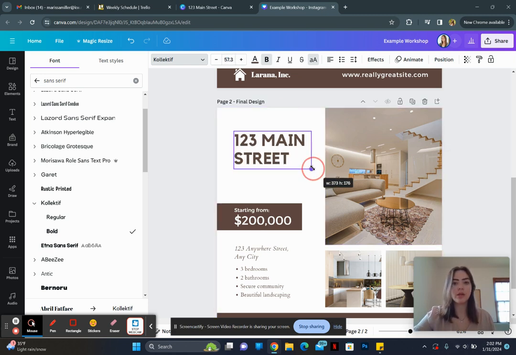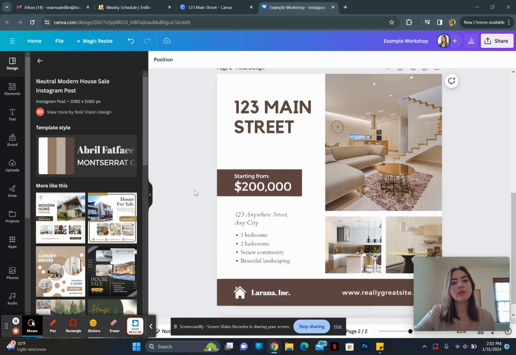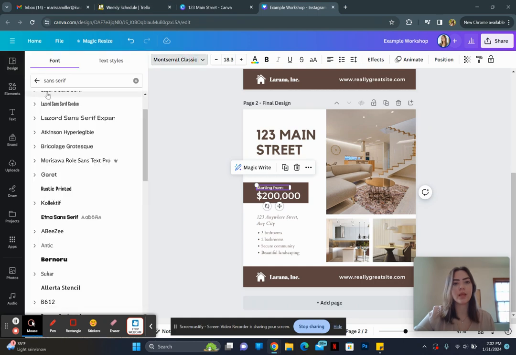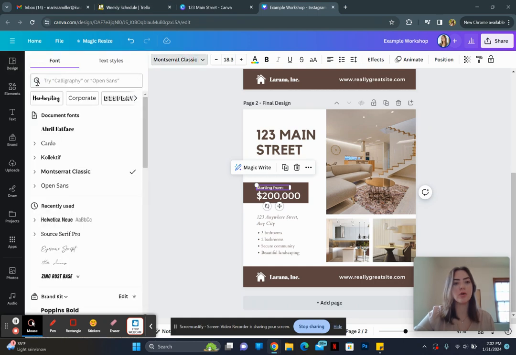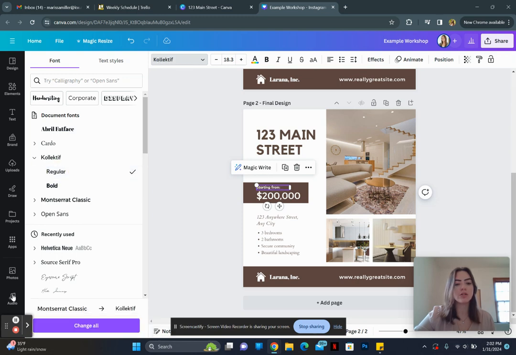So a couple different options there. I personally, like I said, like the dragging one. And now we are going to change the rest of the fonts to Collectif. So I'm going to click on starting from, and it should show your recent fonts in here. So recently used, it should say Collectif in here, document fonts it actually has. So I'm going to do Collectif regular for everything else,